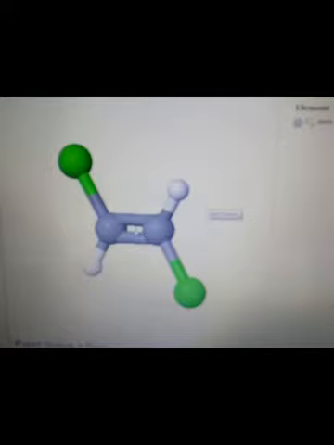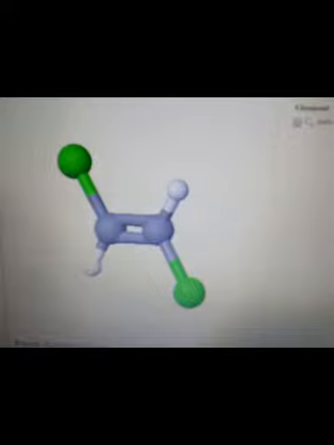Now this is the center of the molecule. If you look at this side, there is chlorine, and the opposite side of this also has a chlorine. Similarly from here, if you look, it has a hydrogen, and on the opposite side it also has a hydrogen. Therefore we say it has a center of inversion. In a center of inversion, it should give an equivalent structure. That is, if you replace these two groups and you replace these two groups, you have the equivalent structure. Therefore we say it has a center of inversion.